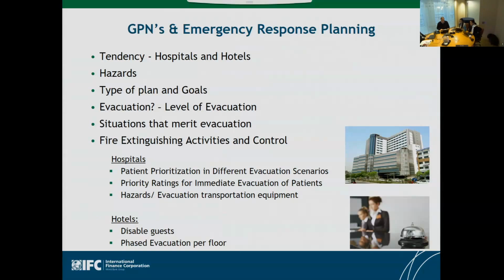The GPNs are not fully detailed on how to develop an emergency response plan. Normally the owner or the building environmental and health and safety management will develop the emergency response plan based on local regulation and international regulations. And these international regulations are, for example, ISO, World Health Organization, the Eurocodes, NFPA, FEMA, OSHA, etc. So then what is in the GPN is that we want to show the tendency and what is particular for these two